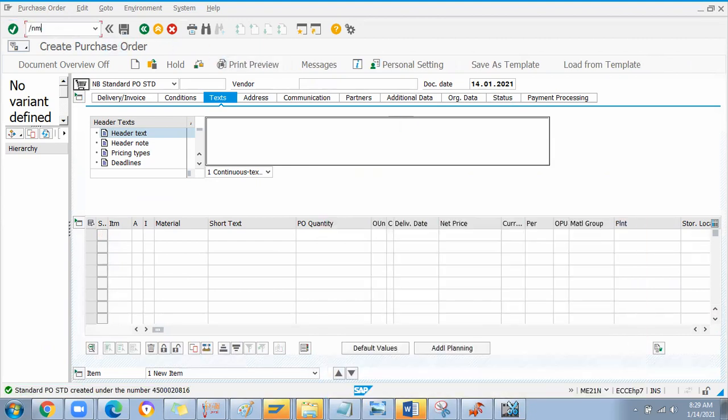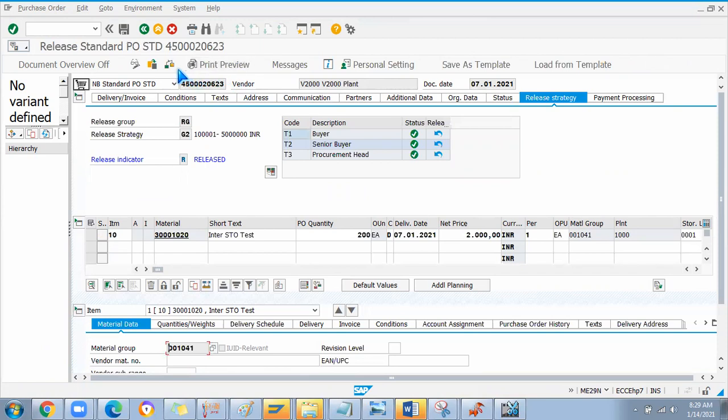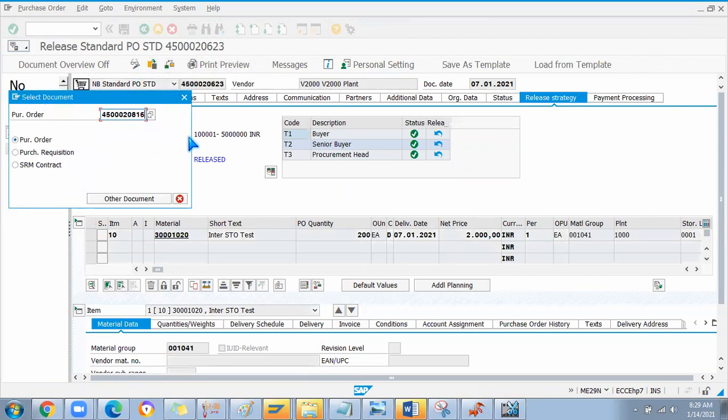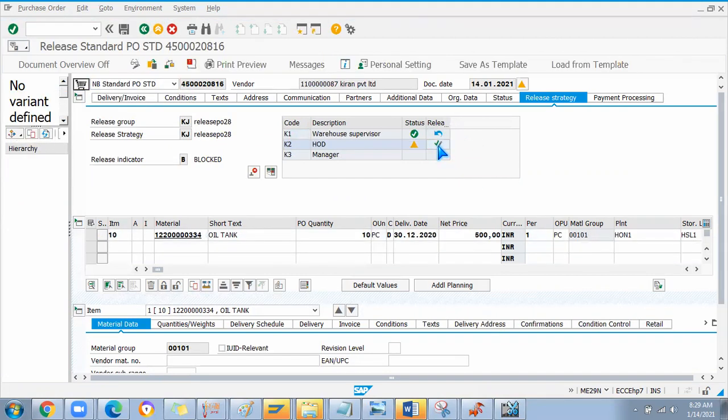I will release this with ME29N. This is the last process, return through PO. It's a simple one that I will show you here. Release, release, release. Okay, PO got released. Save it.